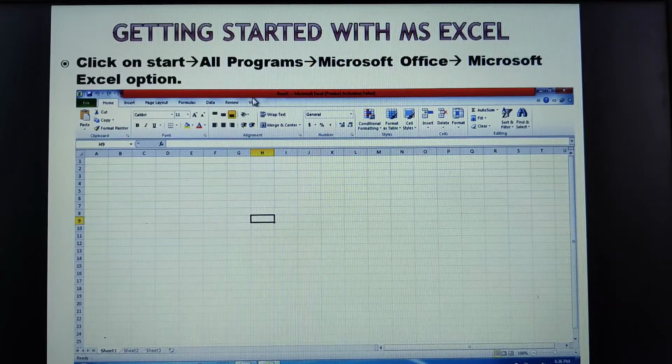I hope you know what is a title bar. Title bar is the one that gives you the title of your Excel file, and it also tells you which software you are using, and on placing the cursor on it you also have options like minimize, maximize and close.